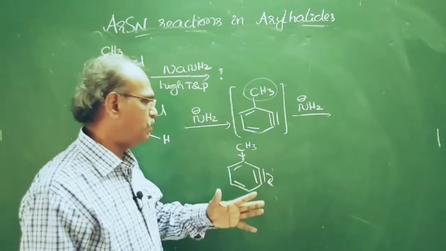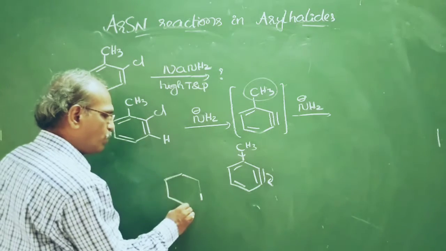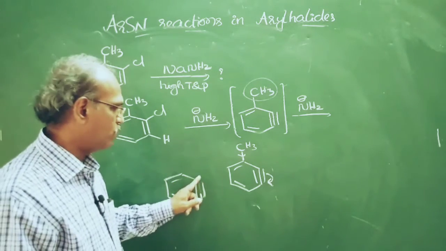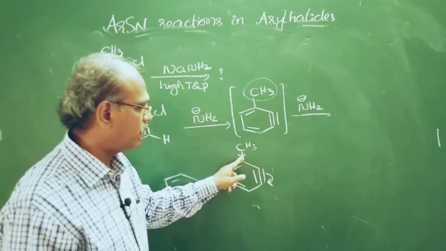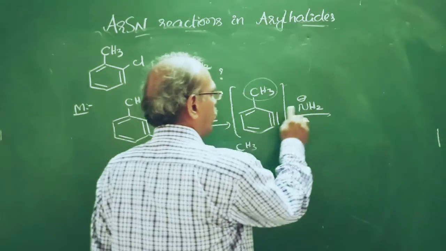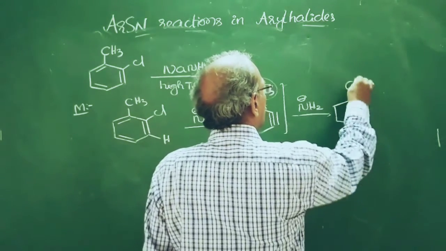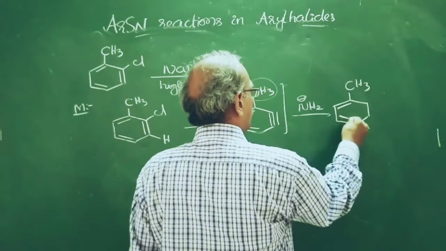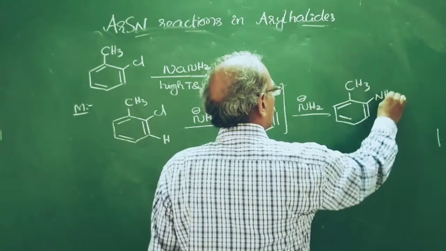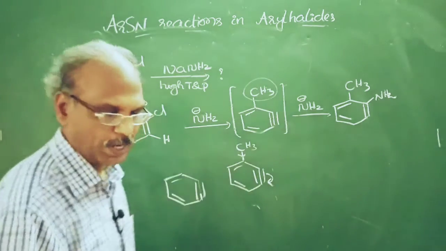Here we have no option. But in the previous case, in simple benzene, two positions are identical. Either carbon can have positive charge, but because of the inductive effect, only the upper carbon gets positive charge. So the nucleophile is bonded to this. CH3, double bond, double bond, double bond, here NH2. So this is the final product.